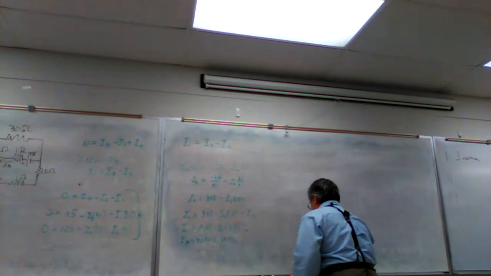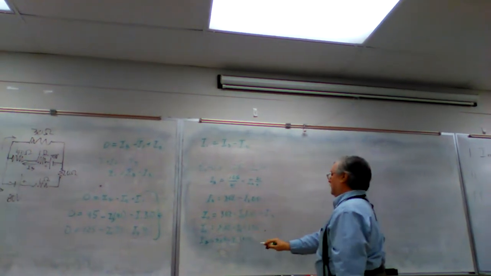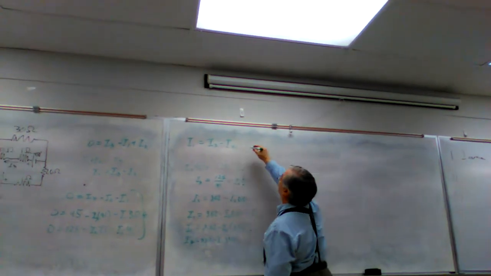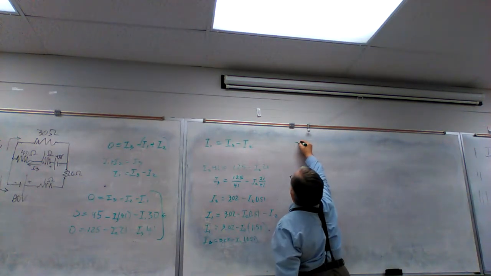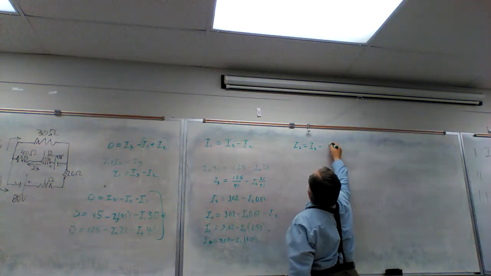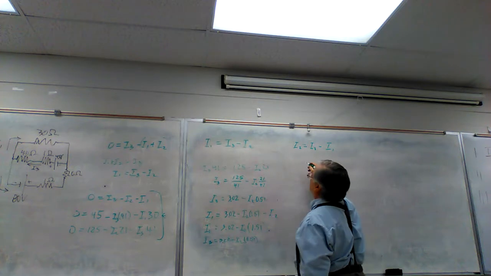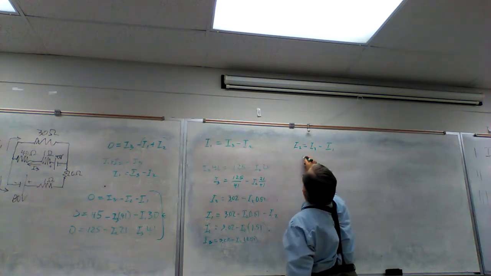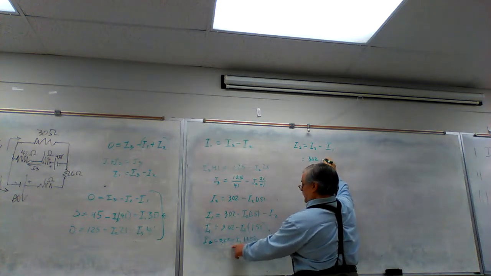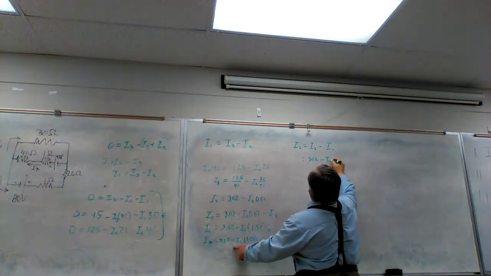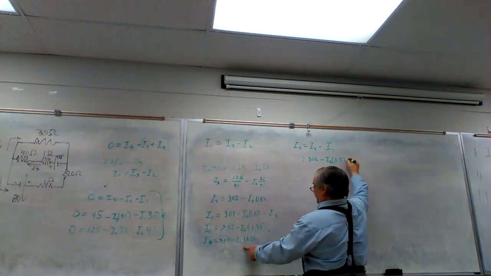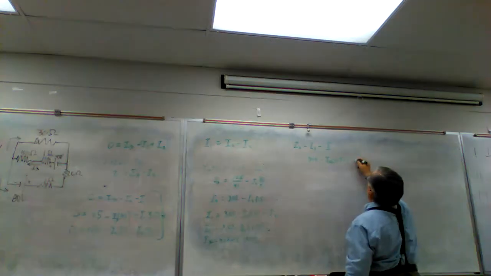We have I1 and I3 both in terms of I2, so let's solve this equation for I2. I2 is equal to I3 minus I1. So that would be equal to 3.02 minus I2 times 0.51 minus I1,